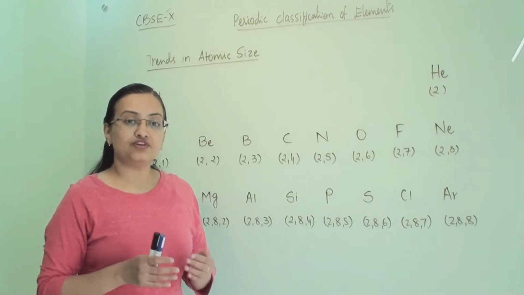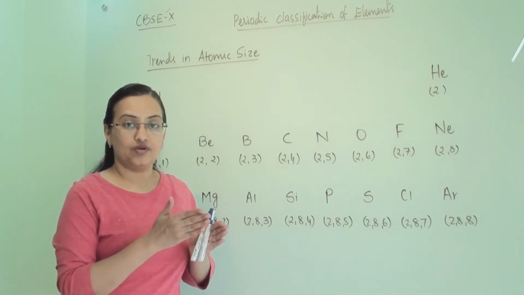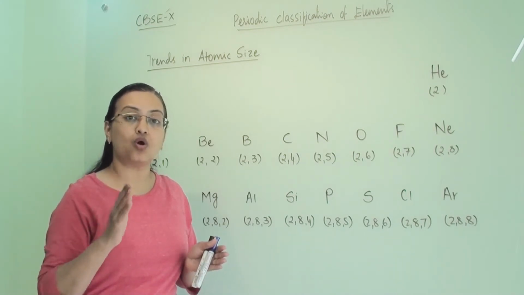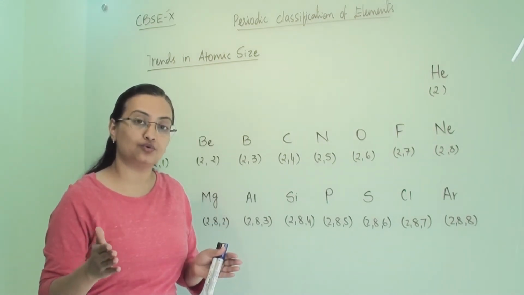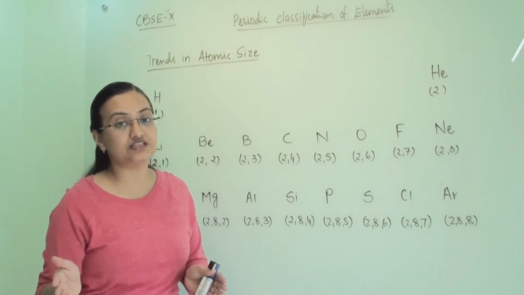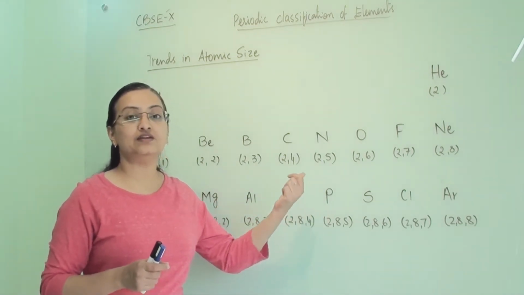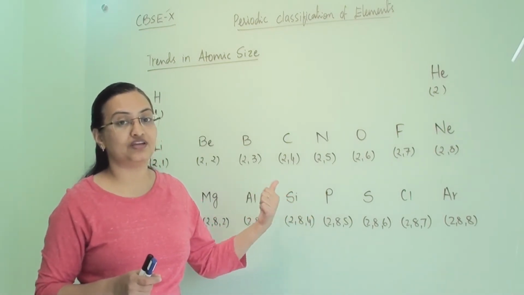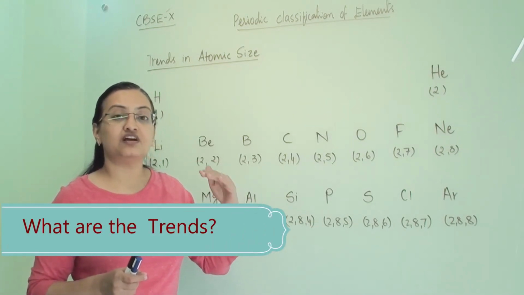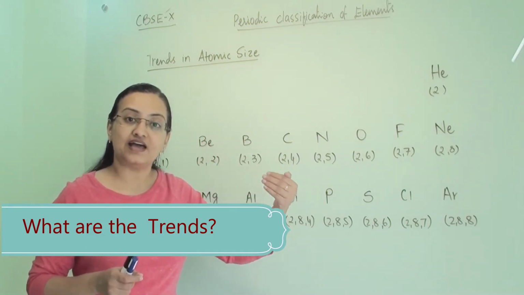In the trends category, we are going to learn the specific pattern of elements. If we are choosing the atomic size, then whether atomic size is increasing or decreasing across the period or across the group, we will understand that, and we will understand the scientific reason behind why we are observing this kind of certain pattern in the periodic table when we arrange elements in increasing order of their atomic number.